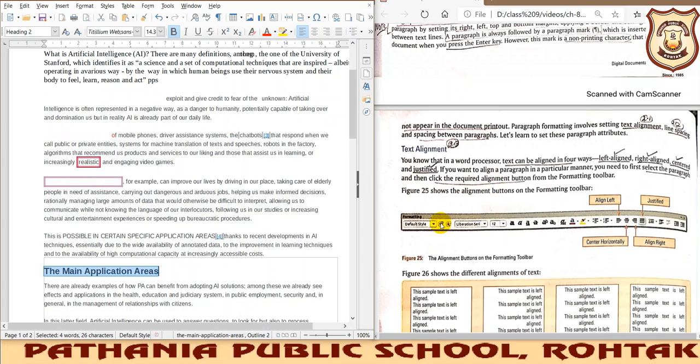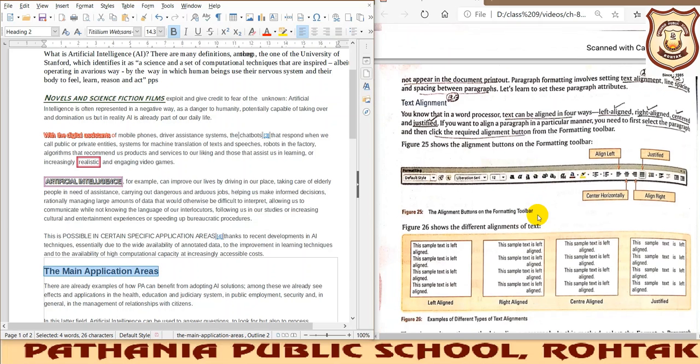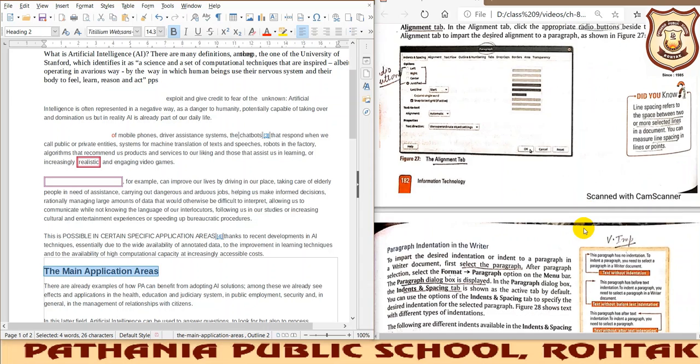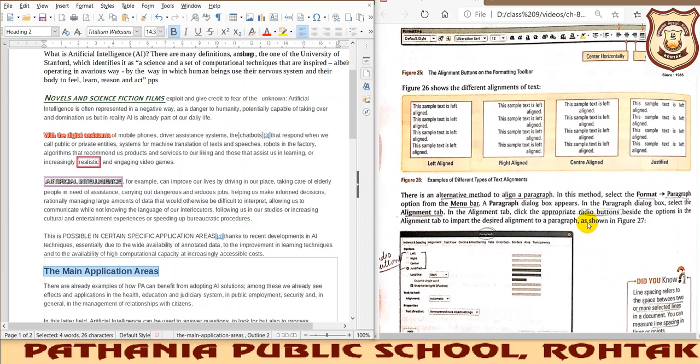Okay, so for setting we have these options in our formatting toolbar. You can see it here also. Once you select the text and then try implementing these formattings, it will get implemented and it will give a beautiful look to your paragraph. Whatever things you are writing, if they are represented in a better way, obviously the reader also takes interest in reading that. So formatting is a very important part of your document creation, so you must take care of it. Okay, so let us do this particular part of the practical also.